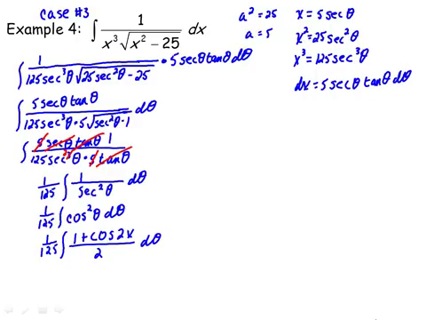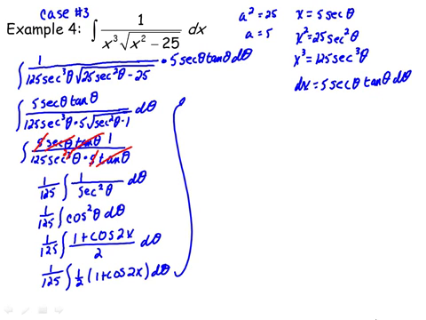Okay. So what I'm going to do is take a 1/2 out front. This is the way I prefer to write this, and I think I told you that last time when we did these. That way it gets rid of the fraction because I can take the 1/2 out front. So if I take the 1/2 out front and multiply it times the 1 over 125, that's going to give me 1 over 250